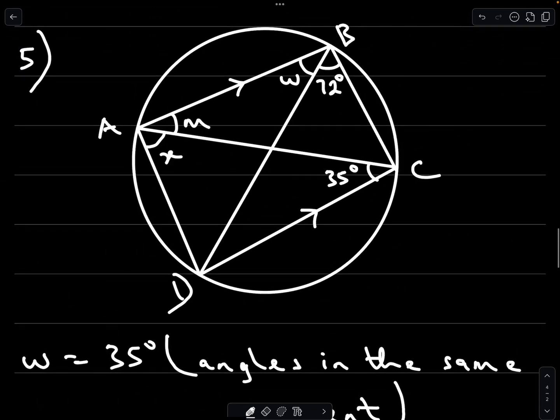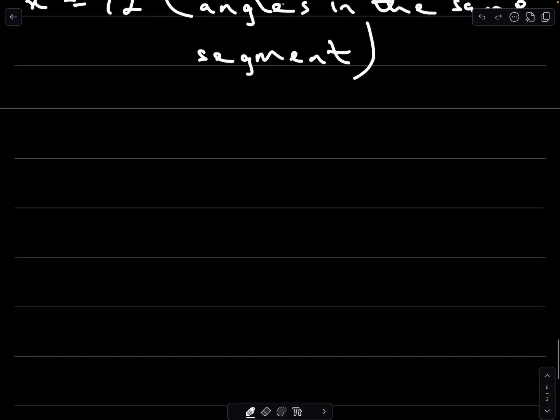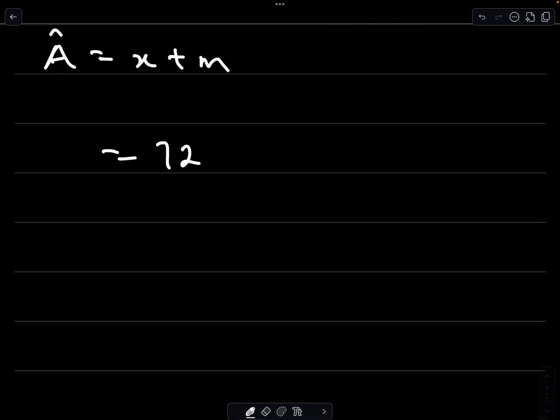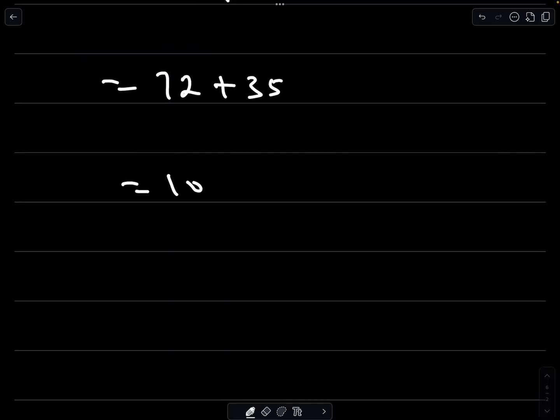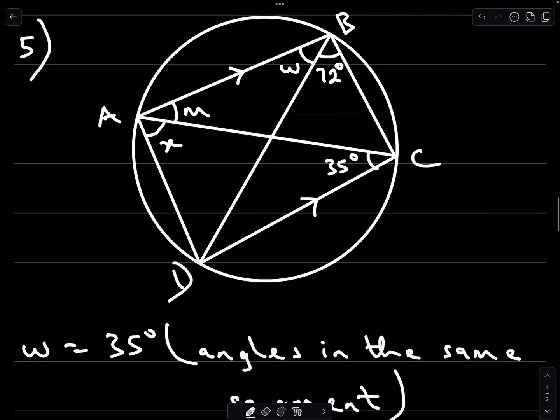And now we can find angle A. Angle A is going to be x plus m, so that therefore means angle A equals x plus m, which is equal to 72 plus 35, and that's also equal to 107 degrees. So angle A is equal to 107 degrees. Now we are left with